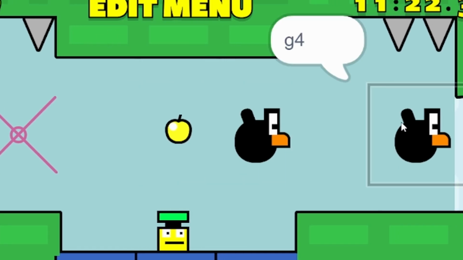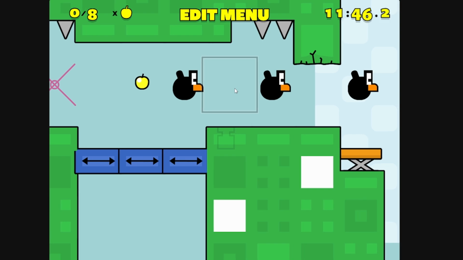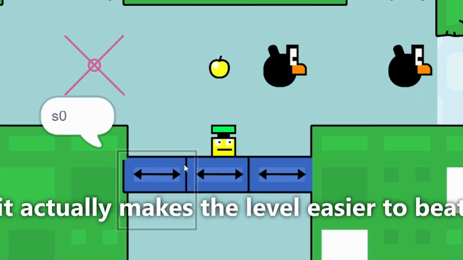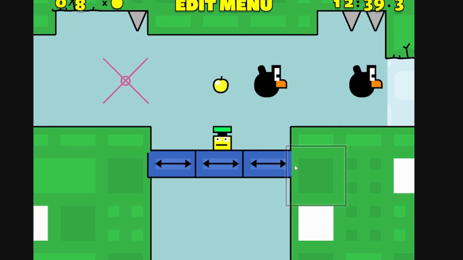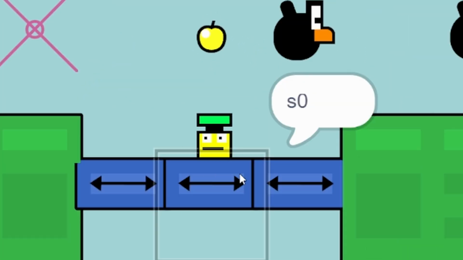The birds are grouped together, and yeah, you can squeeze it through until the last one. Oh, and it's about time we talk about why there's so many blue platforms used. Believe it or not, it actually makes the level easier to beat. Bombs go through the platforms and explode. You have no idea how tedious this section would be if it wasn't for these beautiful blue platforms that saved